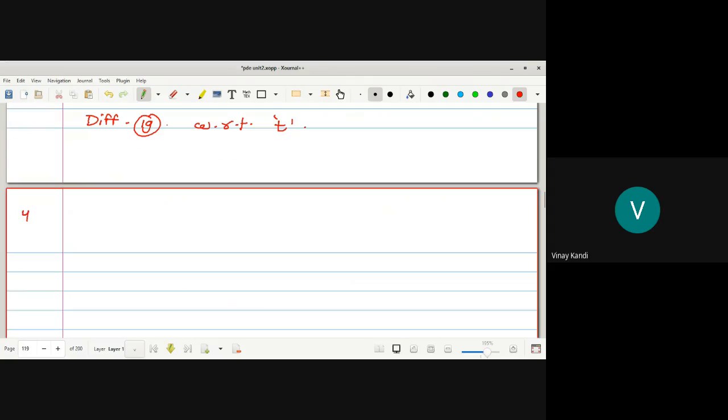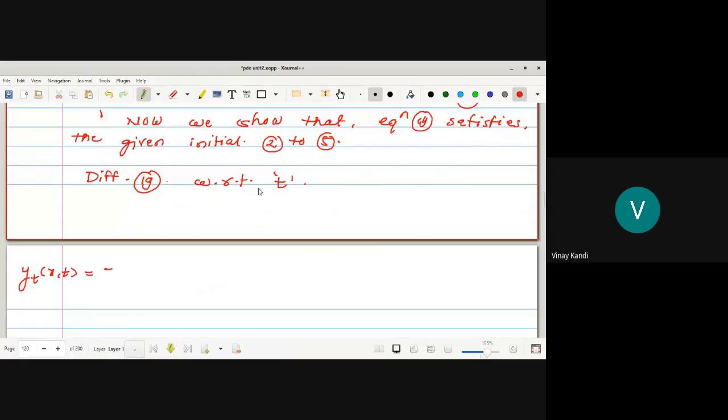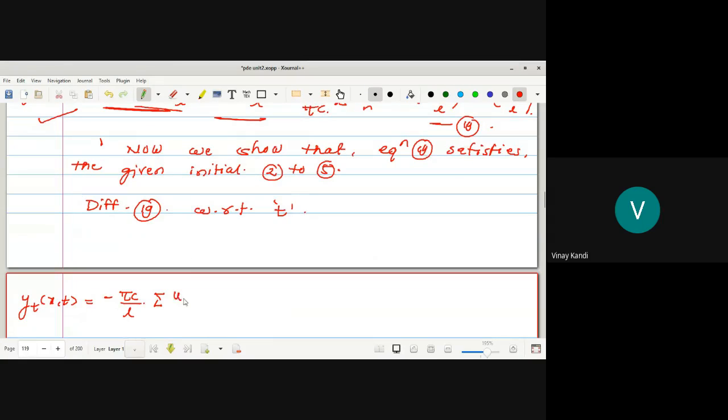Okay, after differentiating, we get yt as a function of x, t is equal to माइनस के डिफरेंशिएट करताना काय येईल हा तुमचा कॉन्स्टंट म्हणून हे होईल ट्रीट होईल इथे फक्त ct आहे cos x इंटिग्रेशन काय येईल मायनस sin x ओके आणि त्याचं कोएफिशिएंट मायनस पाय c अपॉन l इंटू समेशन ओके n इंटू un हा त्याचं कोएफिशिएंट काय पाय c अपॉन l लिहिलाय इंटू n un n इंटू un ओके sin n pi x upon l into sin coefficient derivative sin x n pi ct upon l